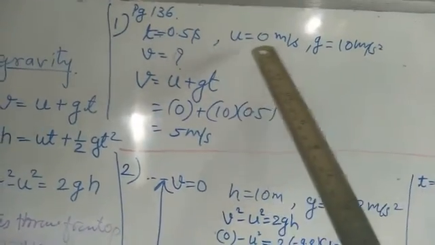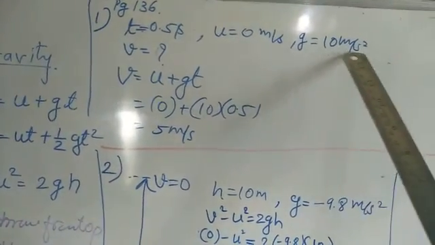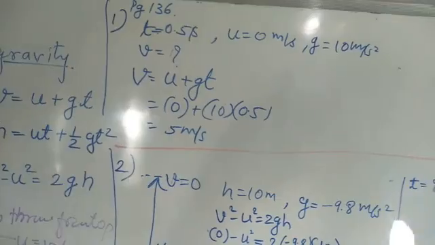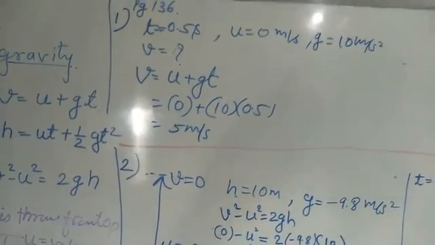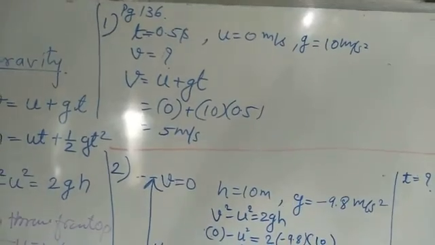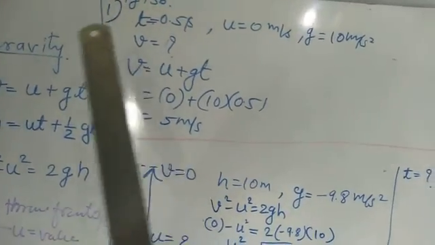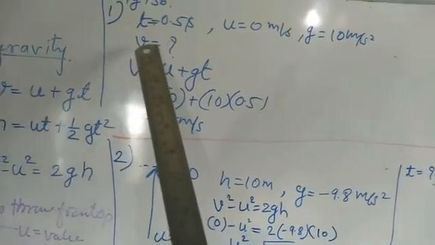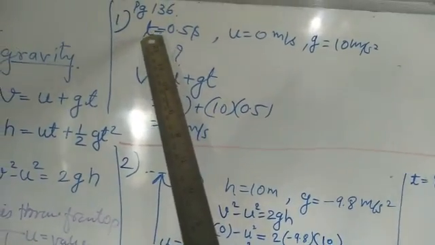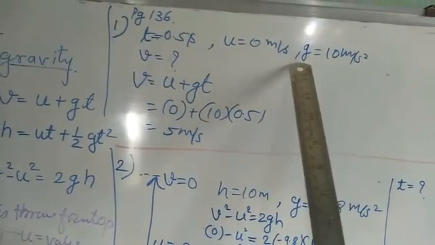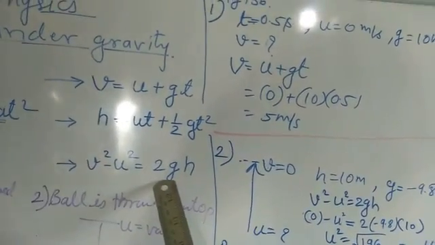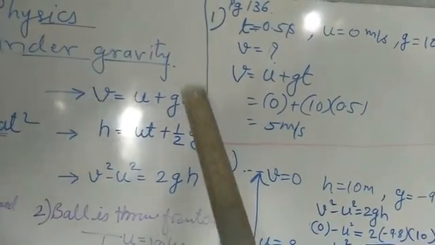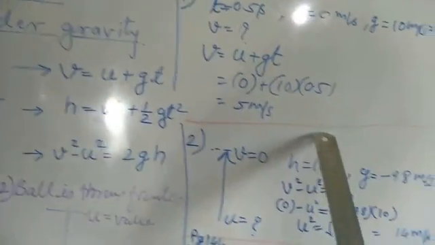After writing the values, we have to check carefully whether all the units are given in SI system or not. If it is not given, we have to convert it. Now about using the formula, we have to find out v. Now what values do we have? t, u and g we already have. So easily you can see from these three relations, the first relation we can use and find it easily. So we are going to get it like this.